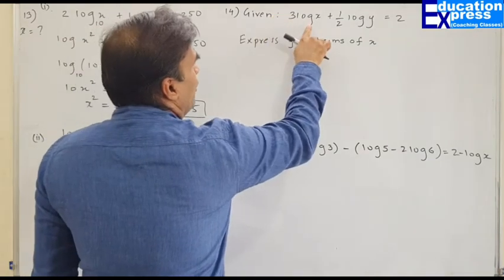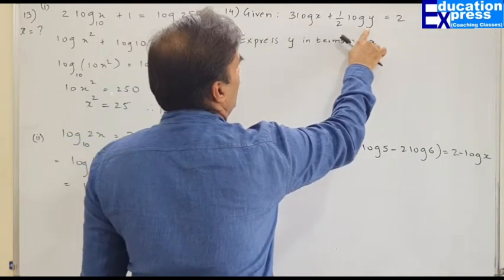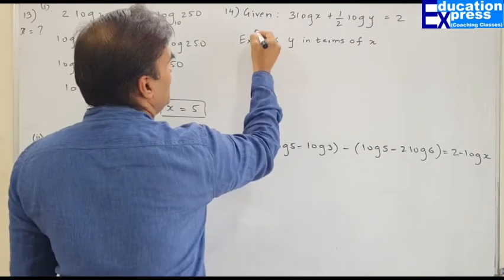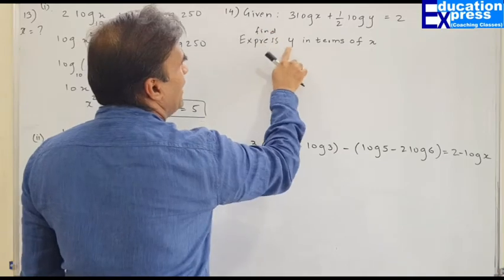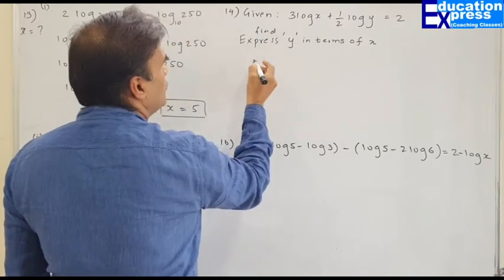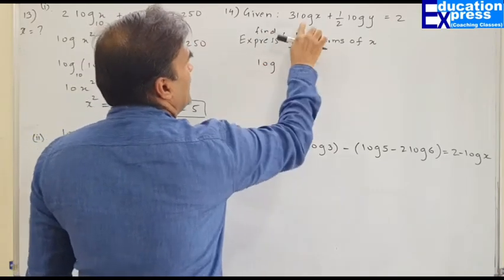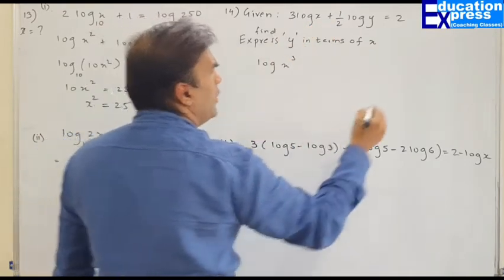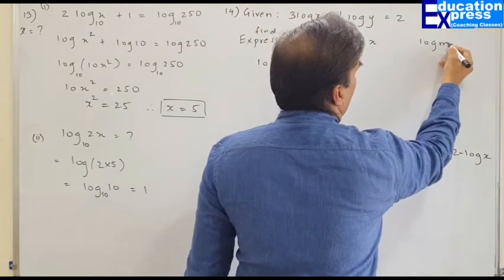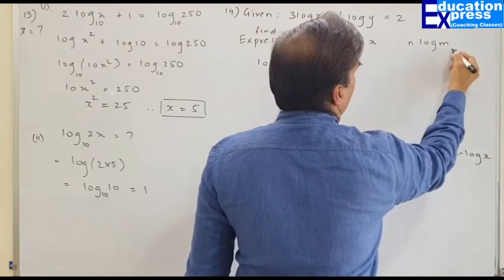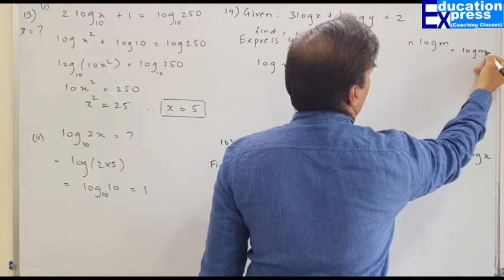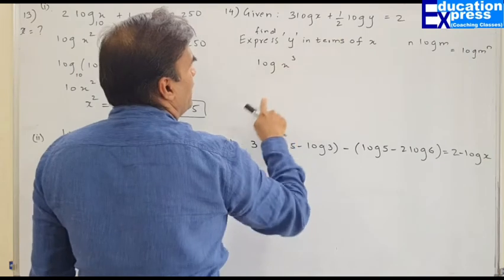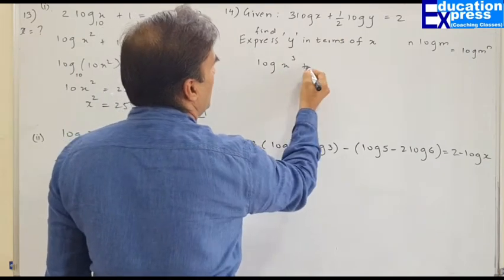It's given that 3 log x plus half of log y equals 2. We have to express y. You know what express means? Find. We have to find the value of y. Let's go about it. This 3 we will take over here by following the property: n log m can be written as log of m raised to n. Same property, taking 3 over here, it becomes log of x cube plus